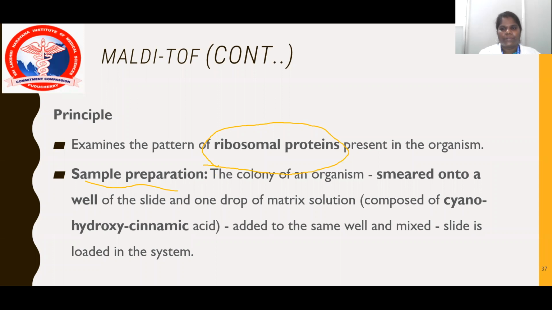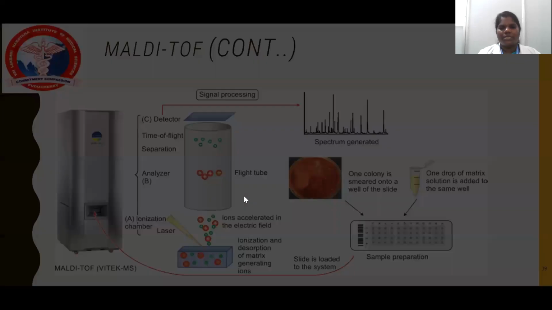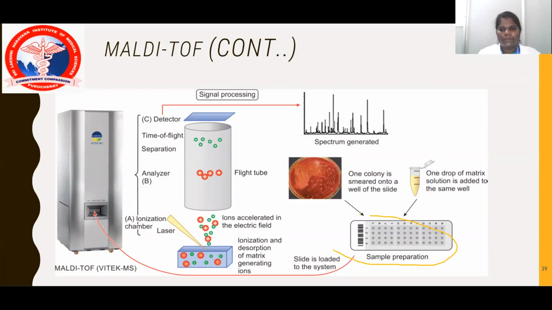So we need the sample preparation. We have to smear the sample onto the well. The wells are provided in the kits along with that machine. We have 196 wells, and we can choose any one well. You plate the sample by smearing it on the well. After that, you have to inoculate the matrix solution. Usually cinnamic acid is used in the matrix solution. You pour it over the well, only one well for each isolate. Once the matrix solution is poured, you have to insert it in the machine.